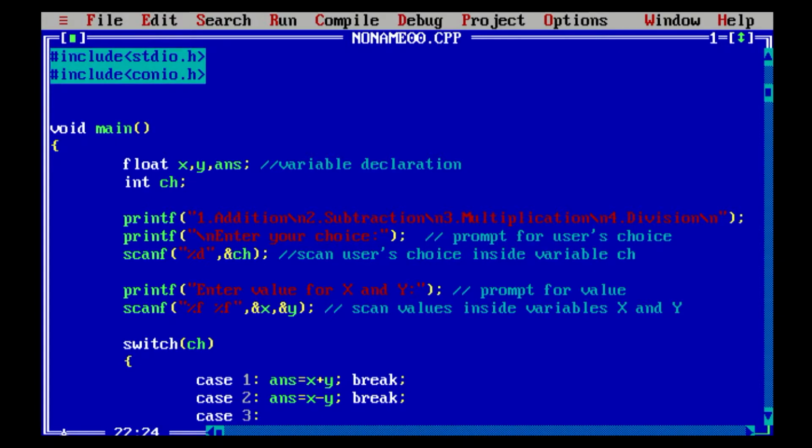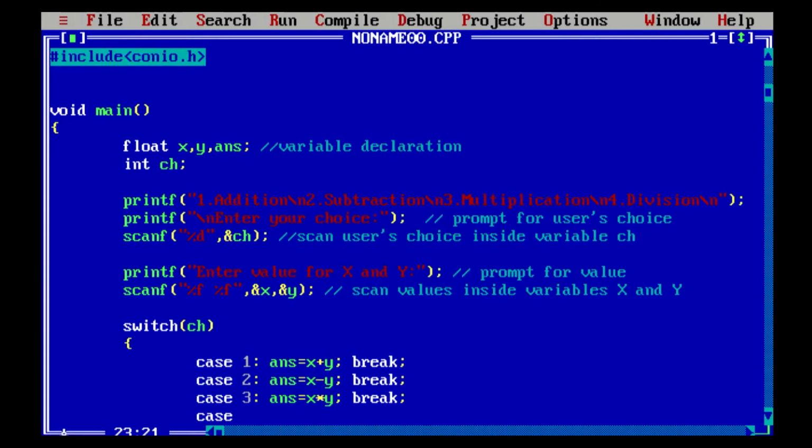Let's move to case value 3, which is for multiplication. And finally, case value 4, which is for division.